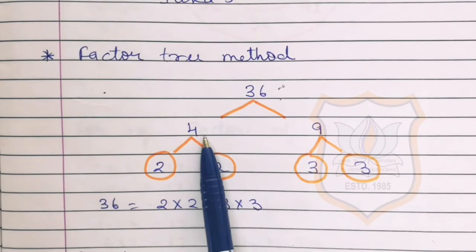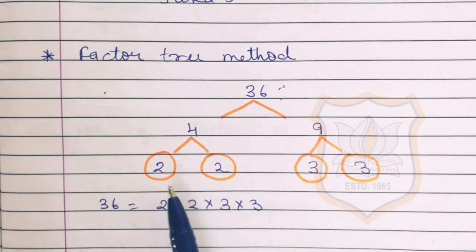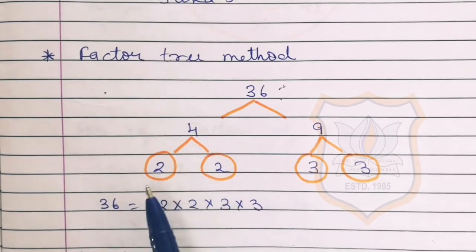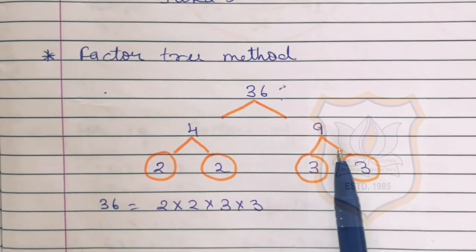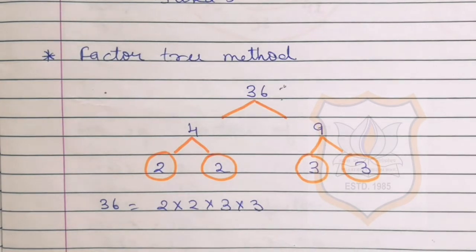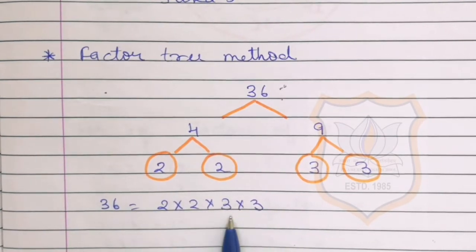Now here 4 is a composite number, so we will expand this number and write 2 multiplied by 2 in the place of 4, as 2 twos are 4, and in the place of 9 we will expand this number and write 3 multiplied by 3, as 3 threes are also 9. We have to repeat the step until we find the prime factors of all the composite numbers. Now as you can see, 2 and 3 are the prime factors. Now we got all the prime factors of the composite numbers. So now the prime factors of 36 are 2 multiplied by 2 multiplied by 3 multiplied by 3. As you can see, 2 twos are 4, 4 threes are 12 and 12 threes are 36.